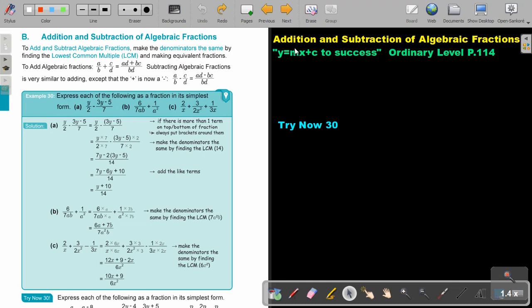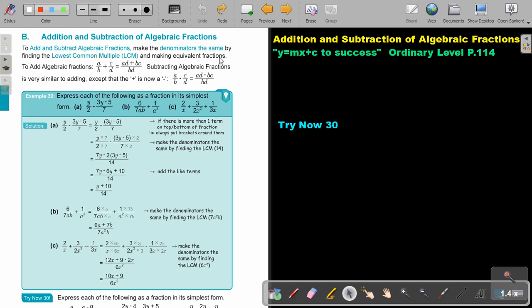In this video, we are going to focus on addition and subtraction of algebraic fractions. You will find this on page 114 in the Namibia Ordinary Level Mathematics textbook, y equals mx plus c to success. To add and subtract algebraic fractions, make the denominators the same by finding the lowest common multiple and making